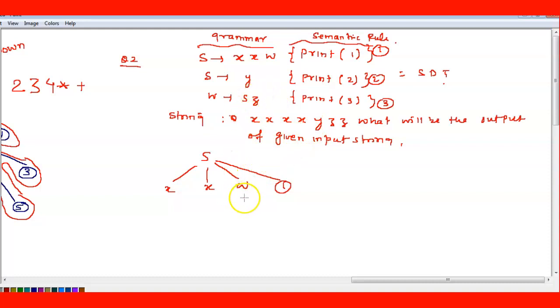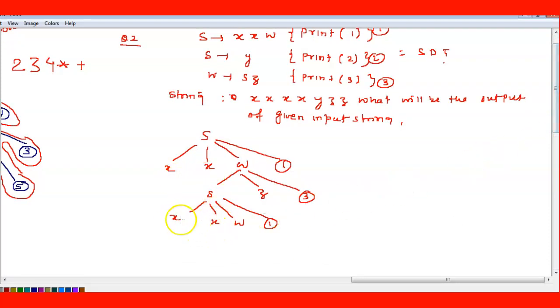W derives S and Z. So tell me, next this S also we have to take, again S is X X W, rule number 1, right?